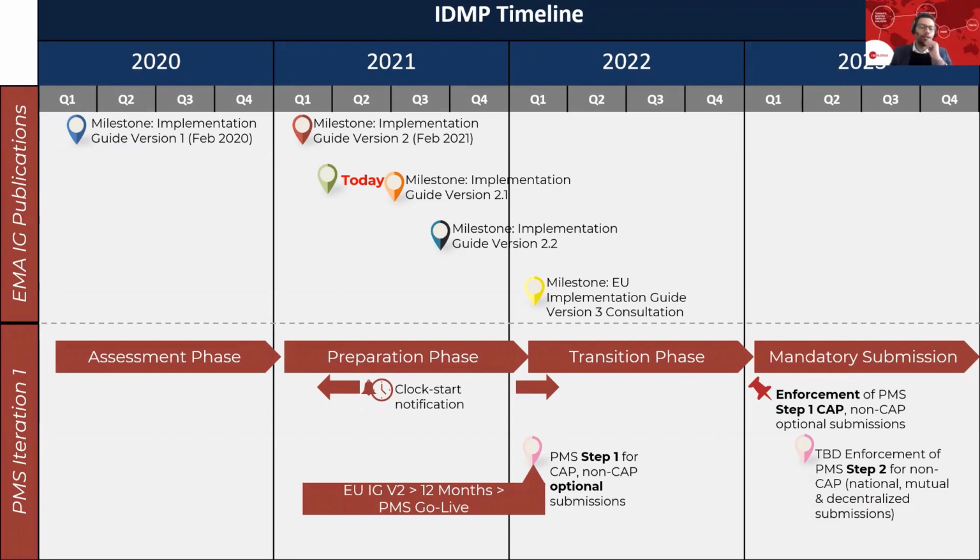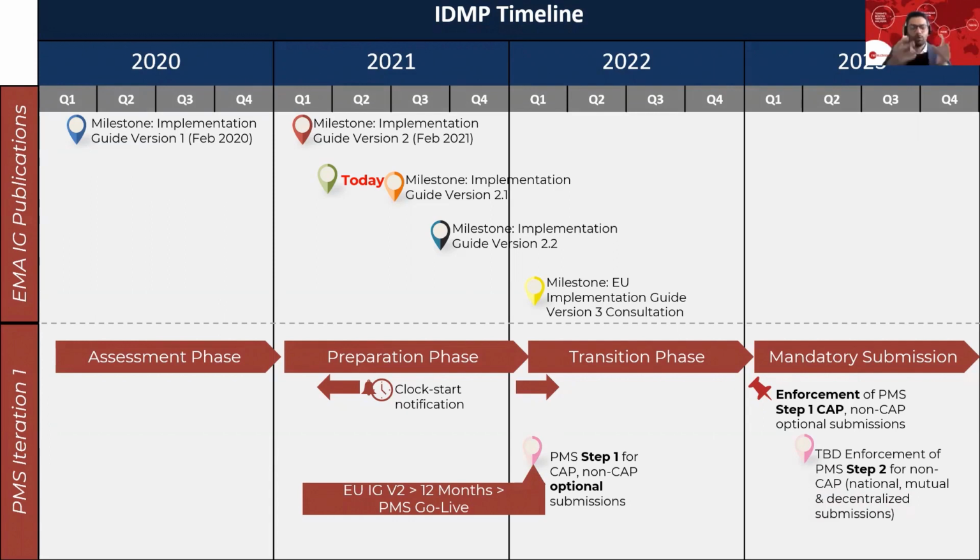which was published back on the 22nd of February, it was like a trigger for the industry to start preparing for the PMS iteration 1. With that publication, EMEA did publish plans to release version 2.1 and version 2.2. Looking at what EMEA published recently, it seems that version 2 will be focused mainly on the high priority items, and this is because